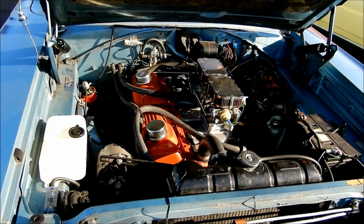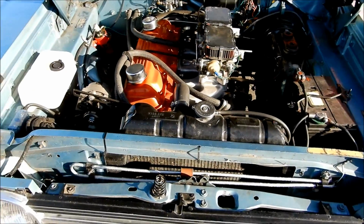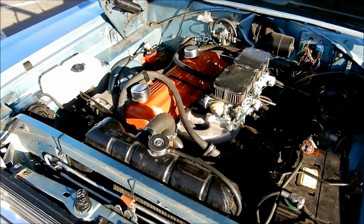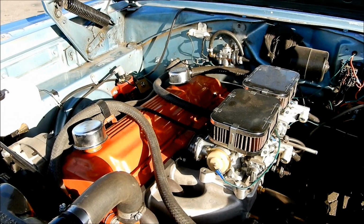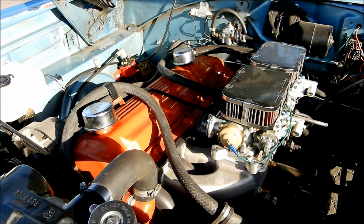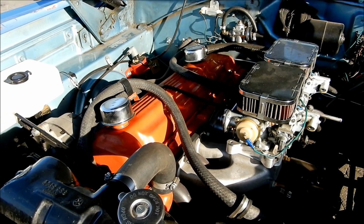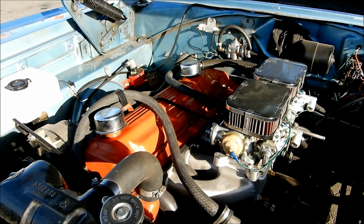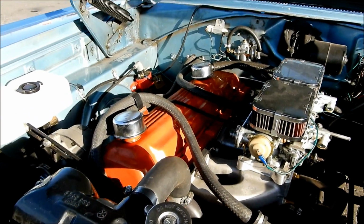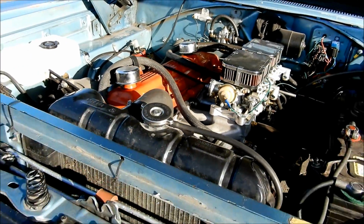Man, I've seen a lot of things in my life when it comes to classic cars, but this is really cool, man. I think this is the first time I see a hopped up 225 cubic inch slant 6. A motor that was notorious for more performance than other straight 6 cylinders, and of course being a little more economical as well. I don't know about the heavier models because this is a